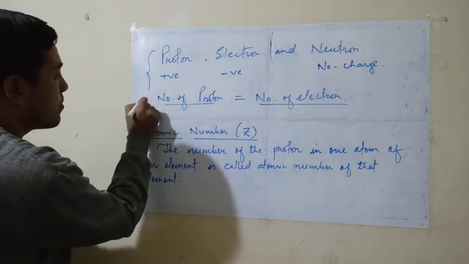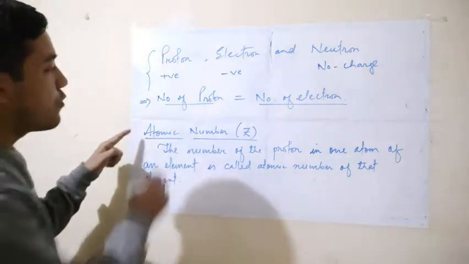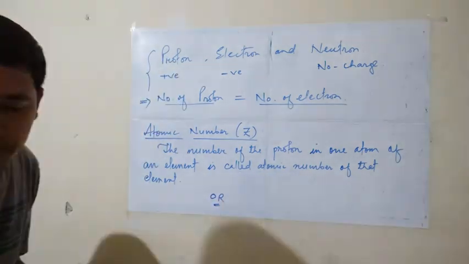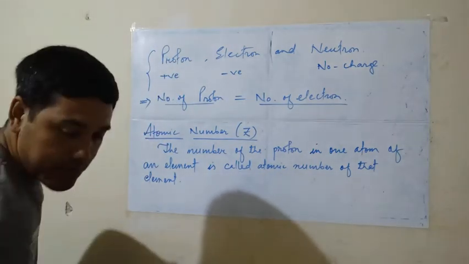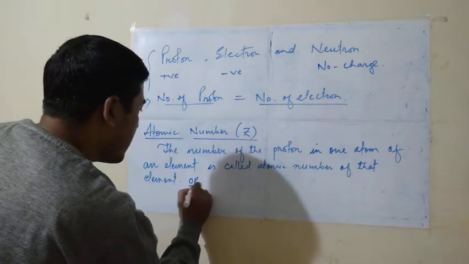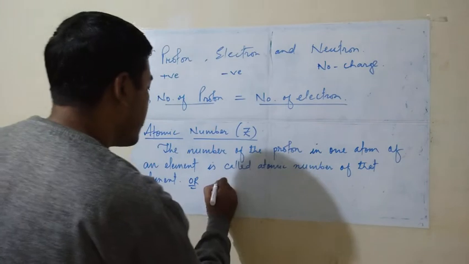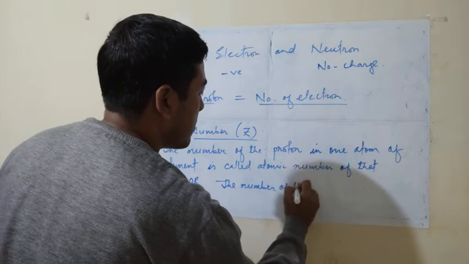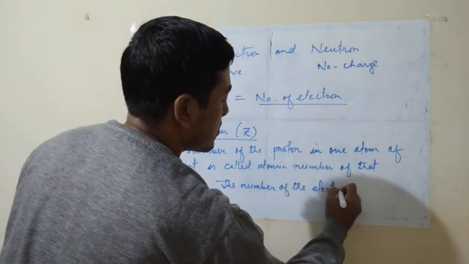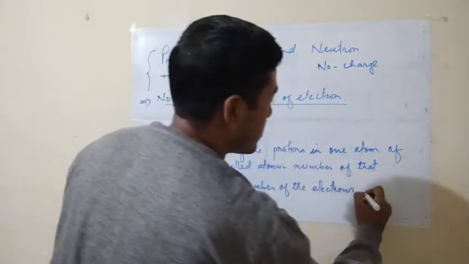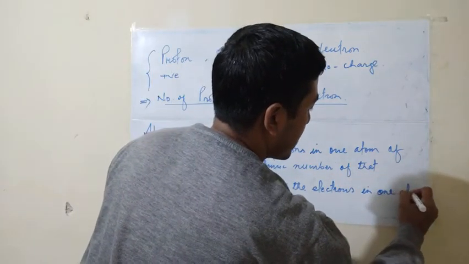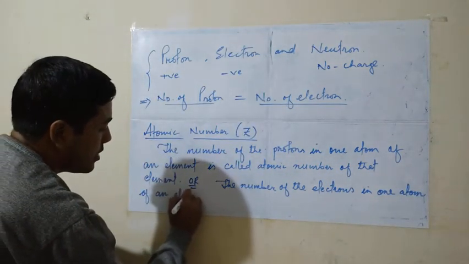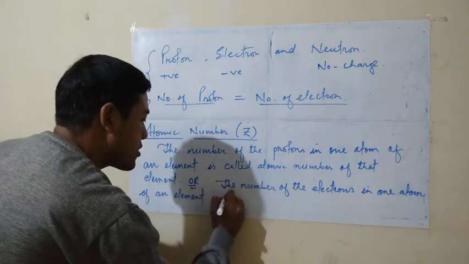This is the main important point. Don't forget the main important point. Or I can write this definition like this. You can write this definition like this, that is, in place of the proton, you can write the number of the electrons. The number of electrons in one atom of an element is called